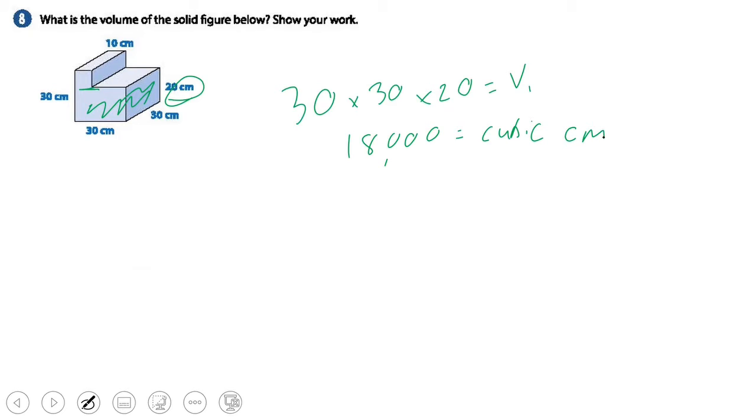So what we do next is we need to find out the volume for this next one here, and I'll color it in purple so we know which one we're referring to. Okay, we know the length is 10 because of this number right here. Okay, so we have volume 2 is 10. Now the width is the same as the one below because it has the same depth. So 10 times 30. The height is the only tricky part here. Along the entire part right here, that's 30,